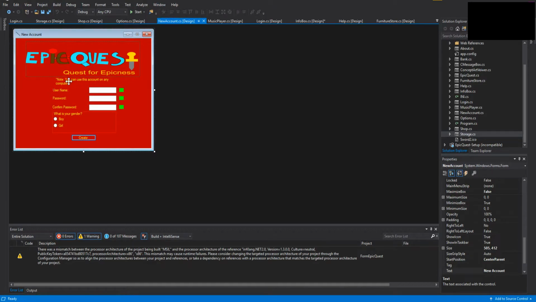As you can see here, these had the same thing going for them. The password and the confirmed password weren't bad. These ones would just turn green when you typed in a valid password or when the passwords matched. This one would turn green when you typed in a username that wasn't already available. So that one again continuously made database calls. And so